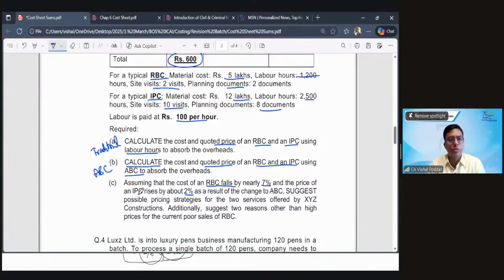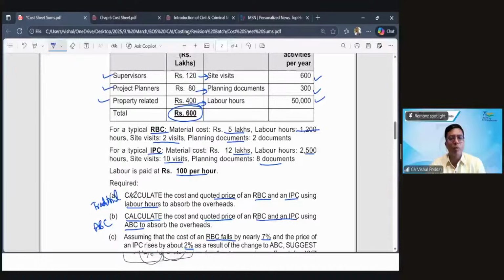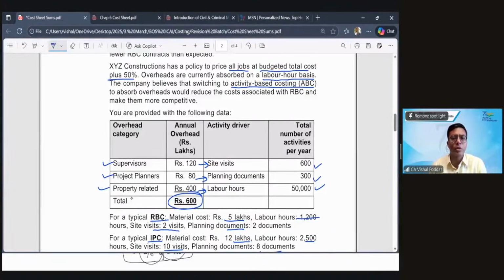Okay, so this is more of an analytical type question. We will first do the practical part and then we'll go to the analytical part. Now, for preparing both the cost sheets, what is required is firstly calculating the charging rates. Under the traditional method, the charging rate is based on labor hours, as mentioned here. So traditionally, you are charging overheads using labor hours as the basis. And in ABC, we charge it using the activity as the basis. Okay. Keeping this in mind,